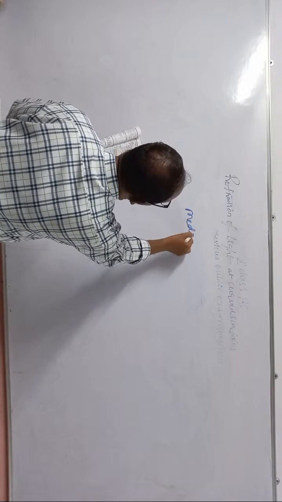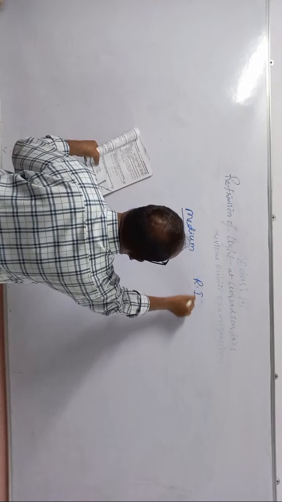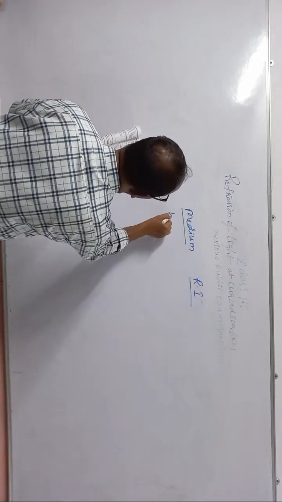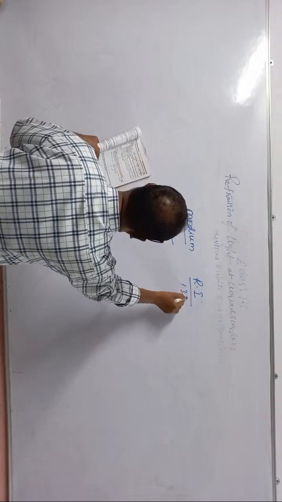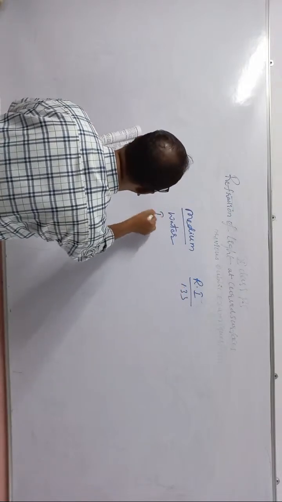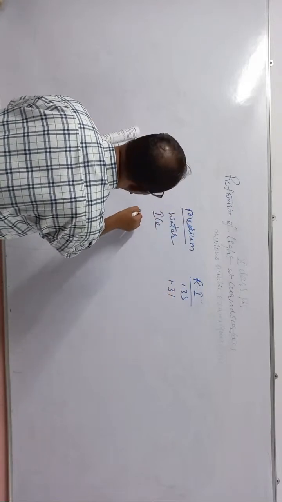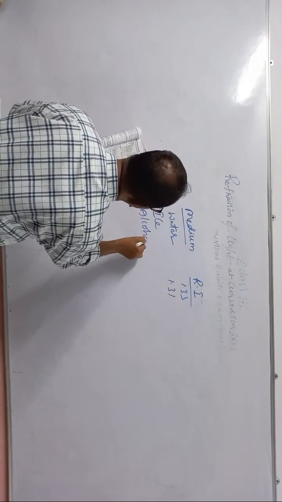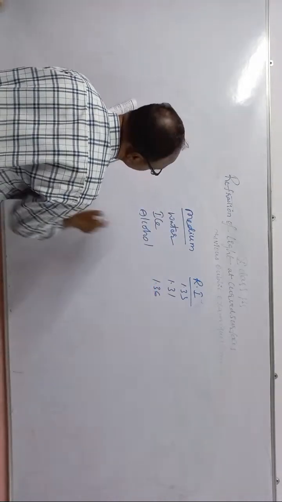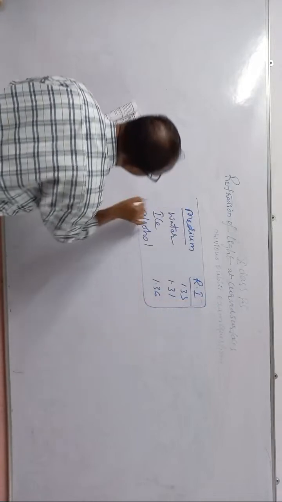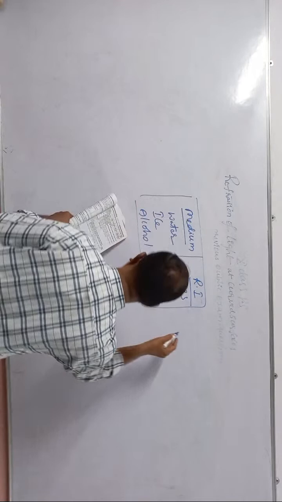Medium, and refractive index: water 1.33, ice 1.31, alcohol 1.36. So this is a table, an information skills topic. This is the table, and there are questions under this. First one,